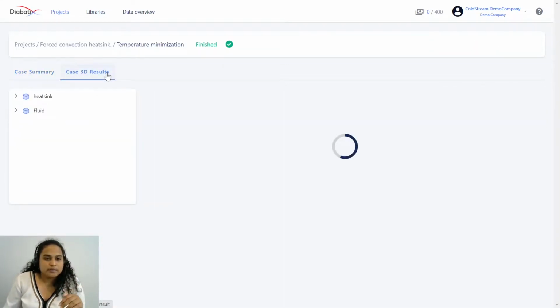In the case 3D results tab, what you can see is basically your design, your finished design, and you'll also be able to see your results. You basically can visualize your results on the 3D model. So you'll be able to visualize all of them. Again, you can do this for all the regions and all the boundaries that you had included in your case setup, and you will also be able to take a look at them individually and color them individually in this